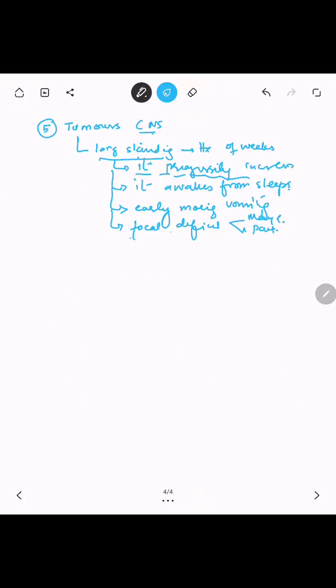So the important thing in tumors is that there will be a long standing history, okay, and it will be increasing progressively, associated with early morning vomiting and maybe focal neurological deficit. Then we have